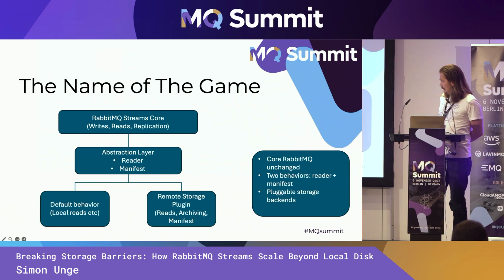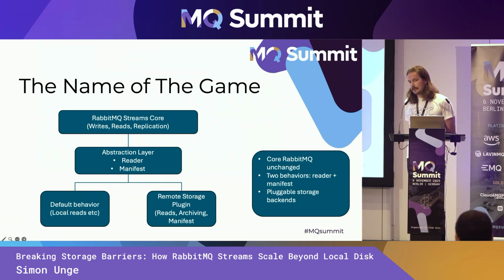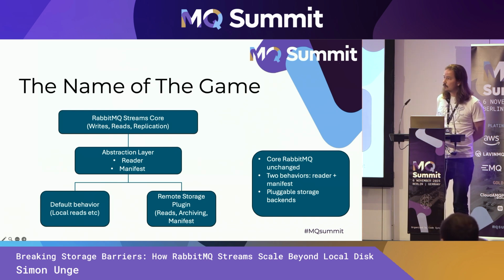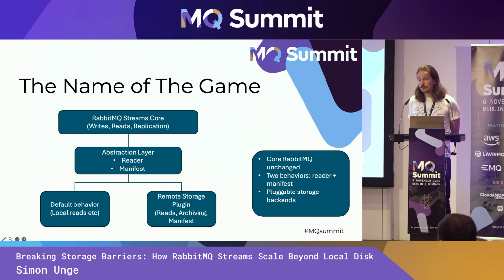So that's what we're doing. And the way we're doing this, we don't want to mess with RabbitMQ's sophisticated high throughput. So we didn't want to mess with the control plane at all. We didn't want to mess with how writes are done. We do not want to mess with how replication is done. We still want replication to happen because it needs to, and we don't want to mess with that at all because it's smart and clever.